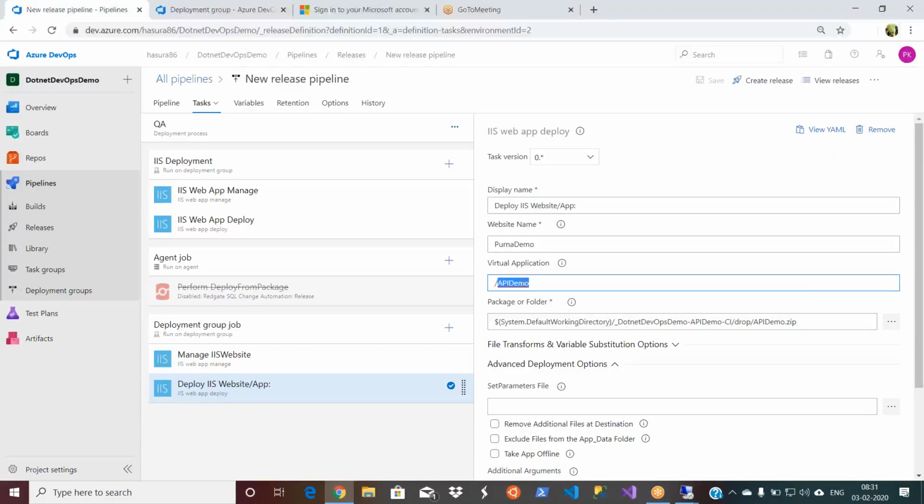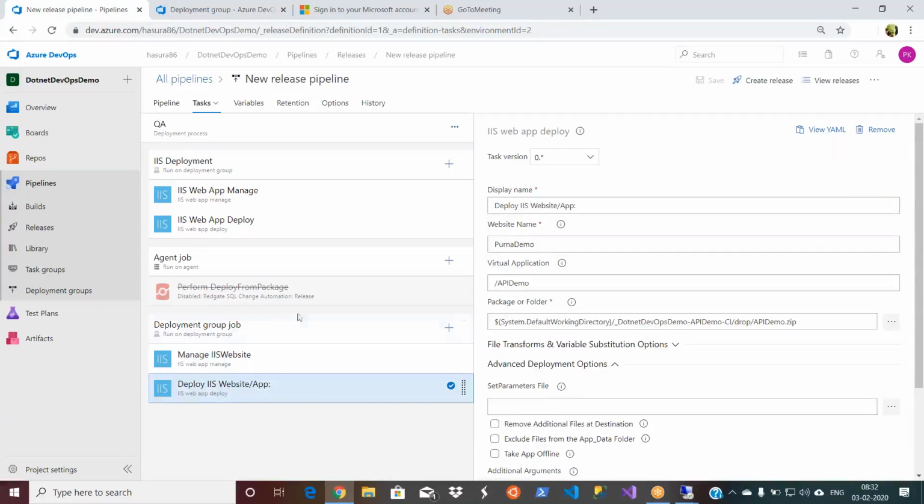But right now I did not create even the API demo application in my website. Right now everything is new. Purna Demo is getting newly created, and under that the API demo application is getting created. But other than that, I am not making any changes.